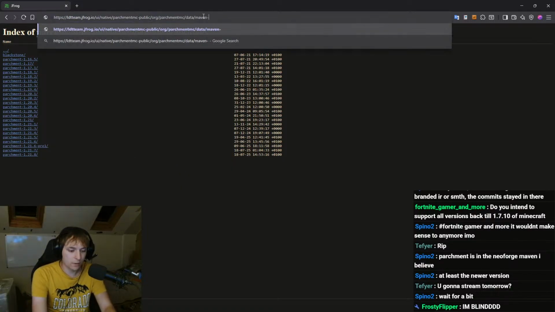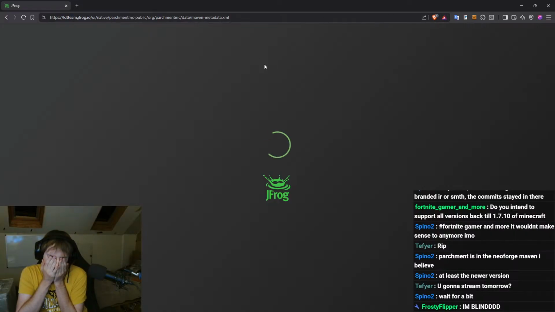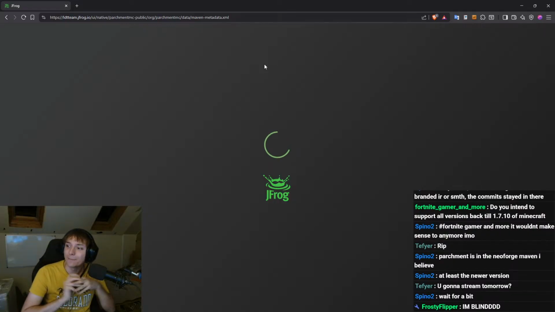So it's maven-metadata.xml. Oh, good lord. Are you serious? It genuinely might be one of the worst websites of all time. What is it doing? It's just got to fetch a file.